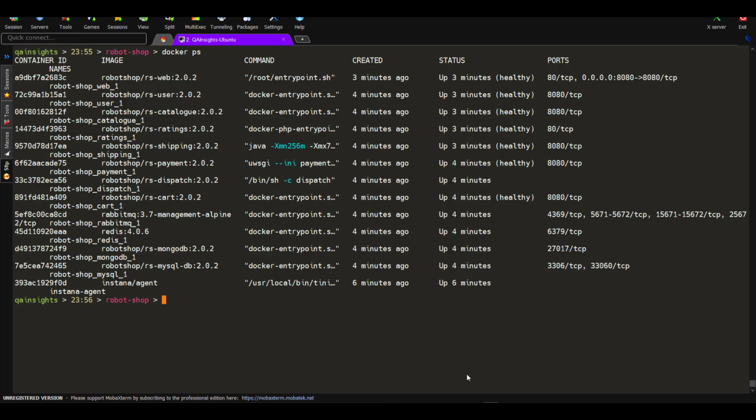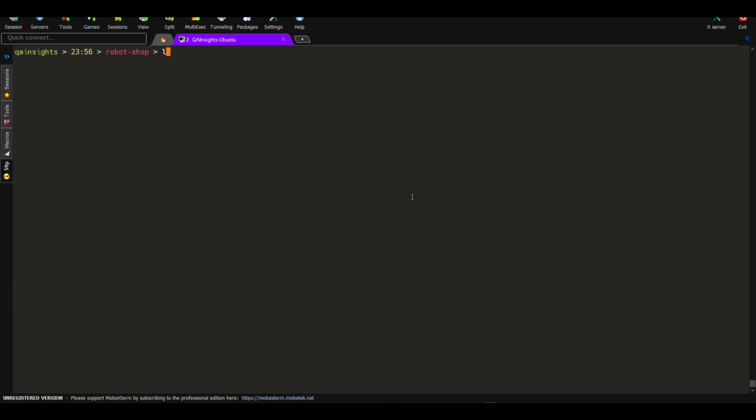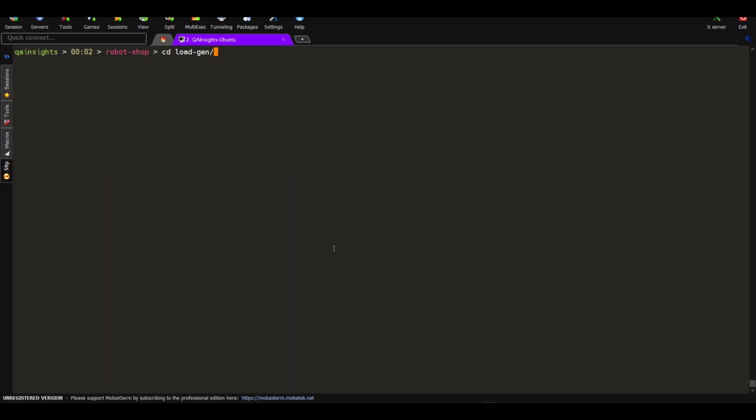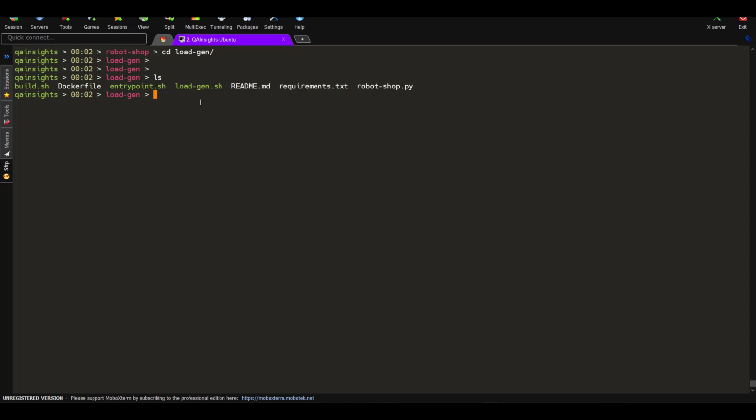Now let us go back to the Ubuntu box. Let me clear my screen. And if you see here, there is a Docker Compose for your load testing. So we're not going to use this YAML. Instead I'm going to go inside the load gen. And here if you see, there is a shell file for the load generator. So if you execute this load gen and hit enter, it will start your Locust script using one client, and then it will keep on running.